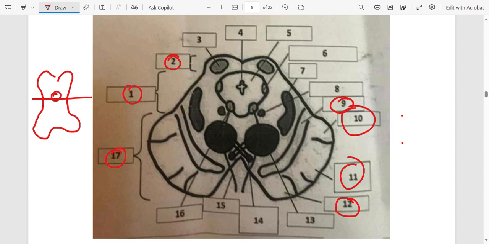So frontopontine, this one, and then corticospinal and corticonuclear,